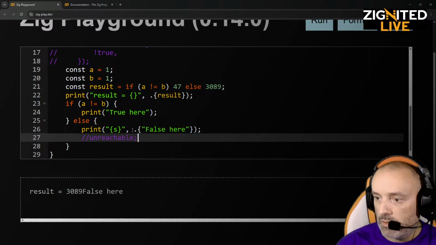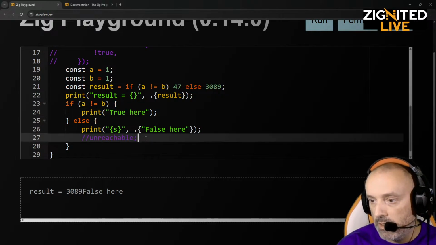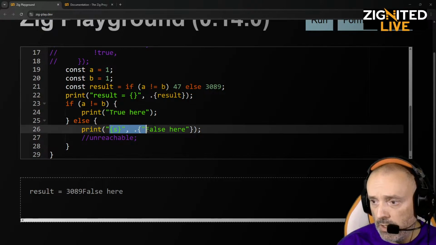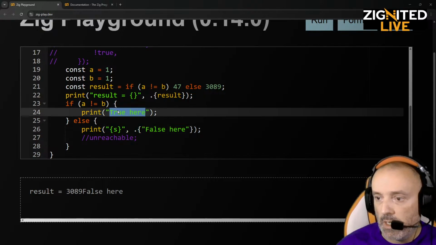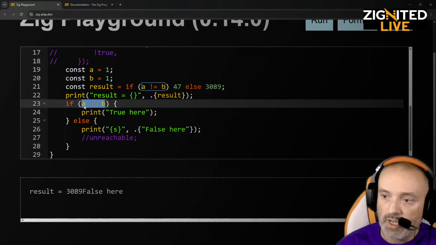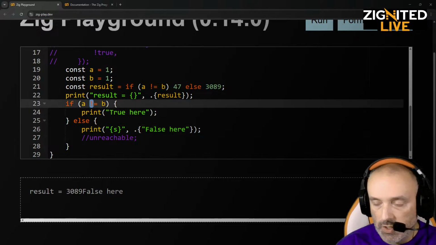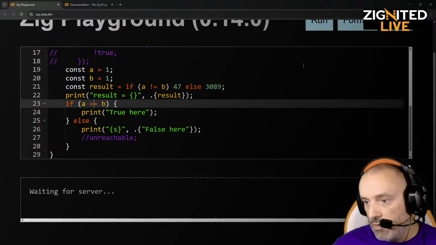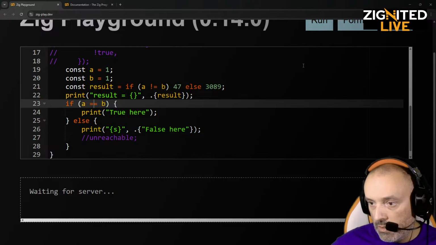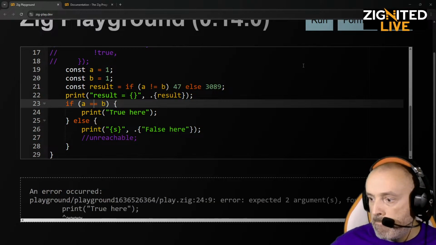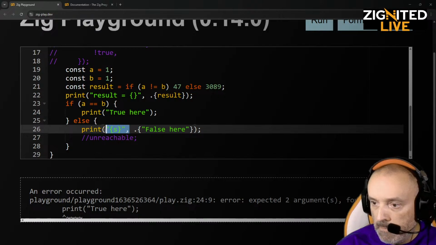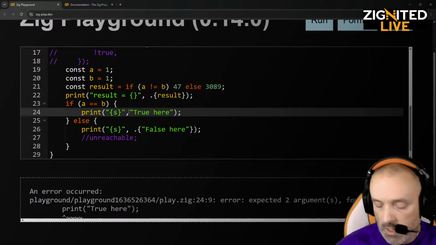At least so far, I didn't see any examples where they print a literal, and I got an error here when I tried to print the literal. It's also interesting that during compilation it will see that this is not going to be true ever, so it just ignores the syntax error here. Because if I change this to equals, then this is going to break, right? Because we are not using string interpolation. Yeah, so let's fix that. Let's do this here. Then